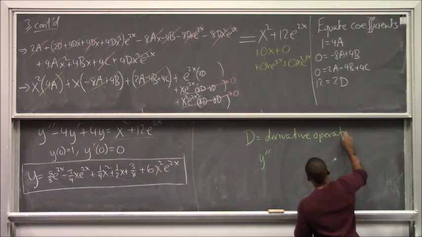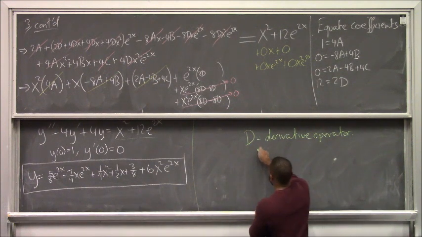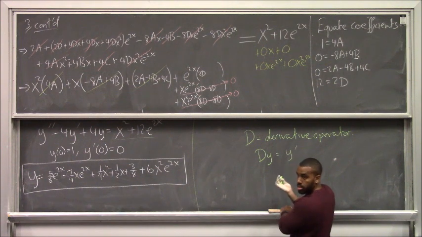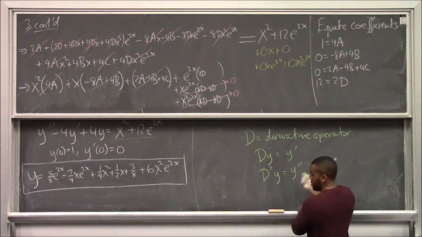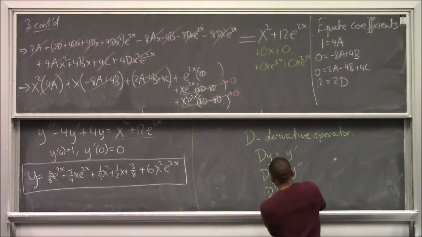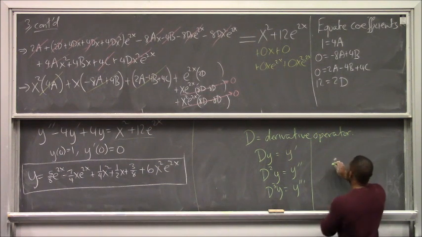It's just like del. So when I apply D to some function, dy is going to be equal to the derivative of y. And if I say d squared y, it's going to be the second derivative of y, and so forth. D cubed y is going to be the third derivative of y. So for example, if I have a function like